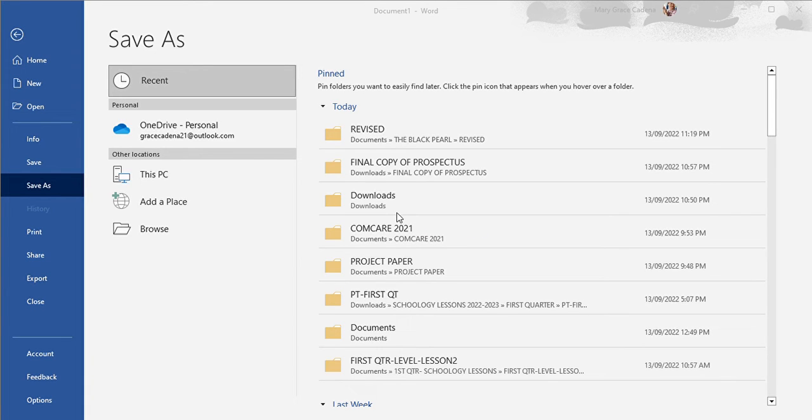Then instead of saving it to a Word document, we save it to a PNG. Let's see if it can be saved to PNG. Oh, we do not have a PNG, but we have a PDF. So let's save it in PDF.